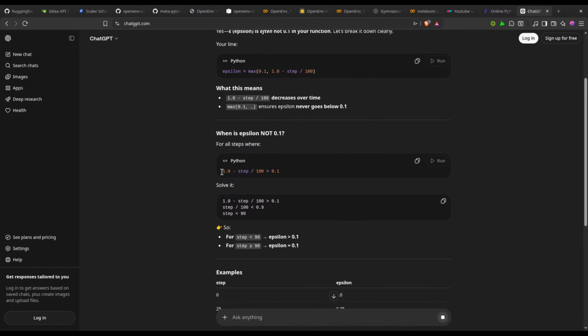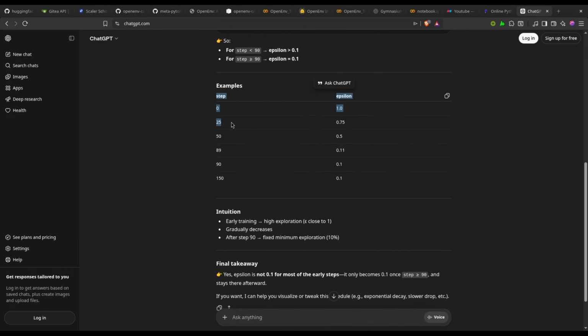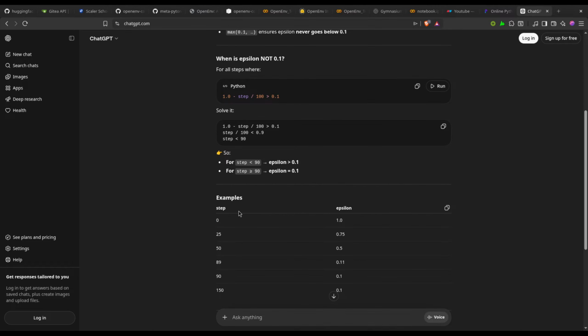For all this stuff here, this is greater than. We have taken 25 steps. This will become 0. For the 0th step, it is 1. How is that?